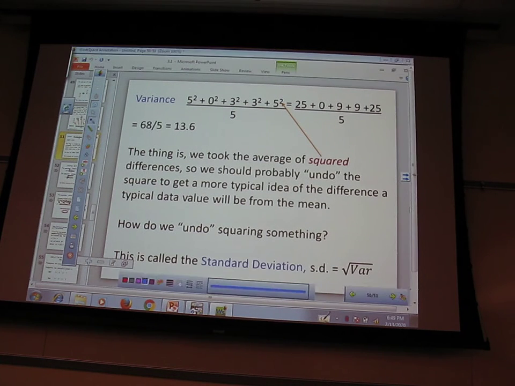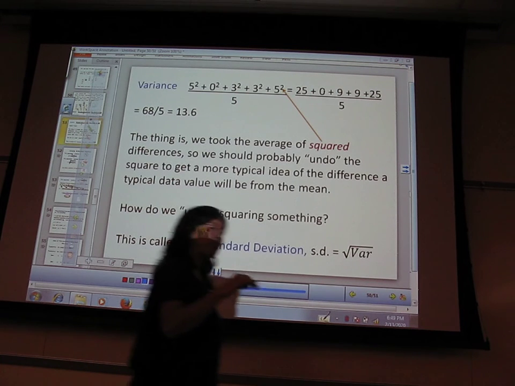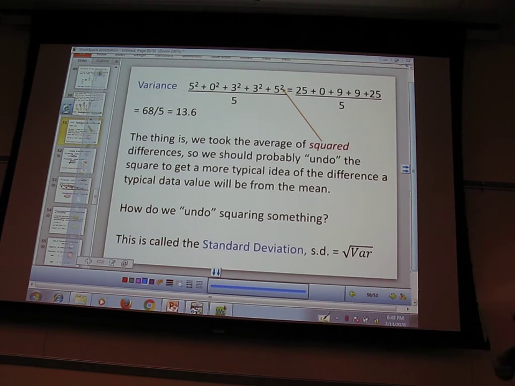Let me talk about something else. I'll do another example in a minute. So, here's the thing. We took the average of squared values, right? So really, at some point, we should undo this square. How do you undo a square? Square root. So at the end, what people often do is square root this, and that's what we call